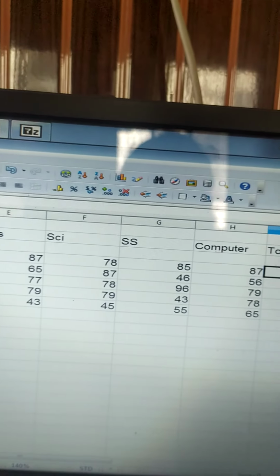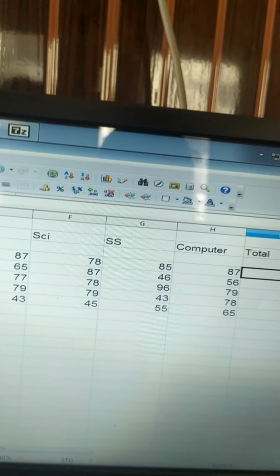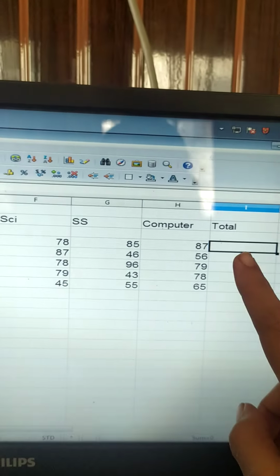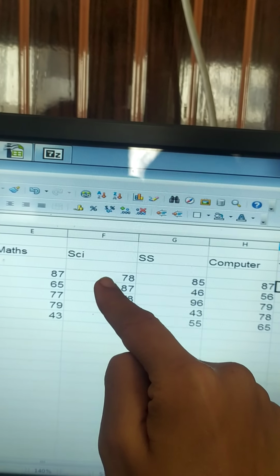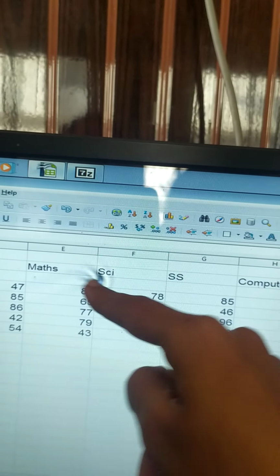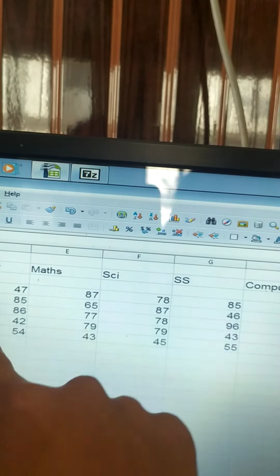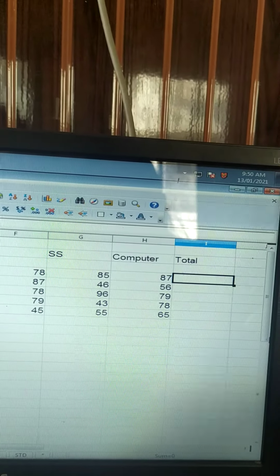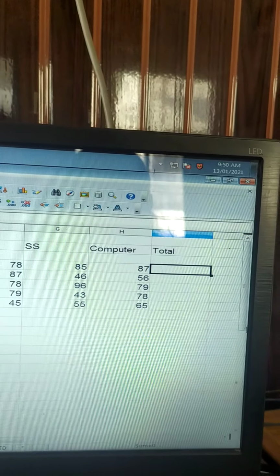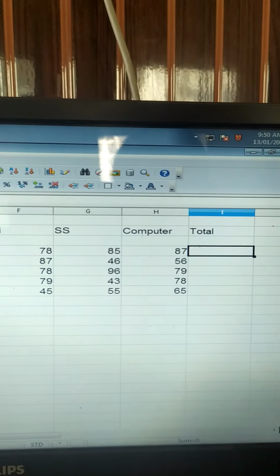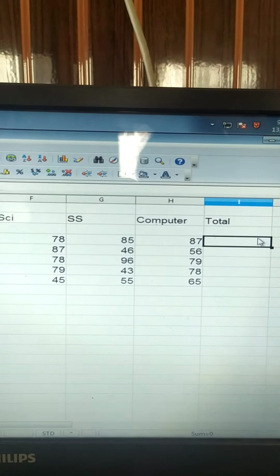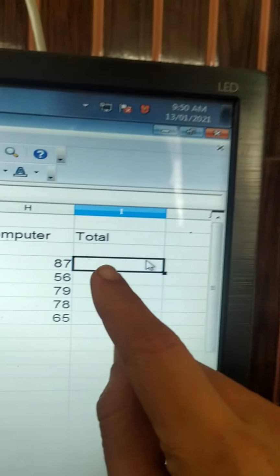Now, calculating these marks on a calculator and then typing it over here, it's a hectic job. If I change the marks over here afterwards, again I'll have to total this and then I'll have to type over here. So in OpenOffice.org Calc, we have a feature. We have some functions, already added functions. We just have to add over here. So how will we do that?